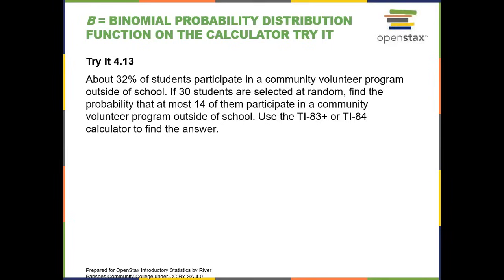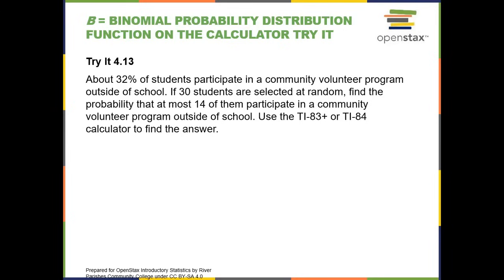So you get the hint that when you are adding from 0 up to a number, you're going to use binomcdf. Then you might ask, when am I using binompdf? If you want to find the value of the probability at one particular value of X, then you use binompdf. Otherwise, you use binomcdf to add from 0 up to a number. So you go down to B as in boy, which is binomcdf.